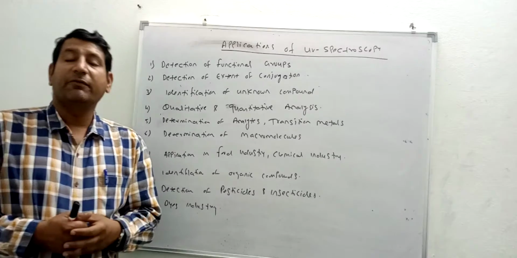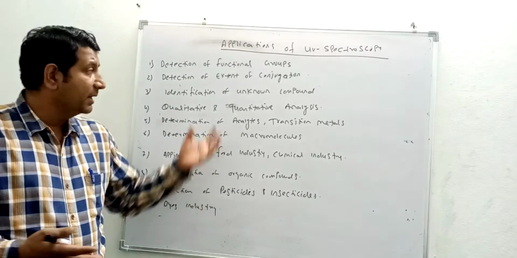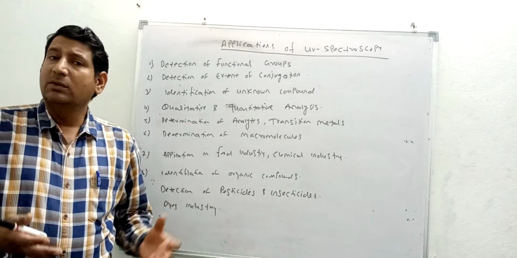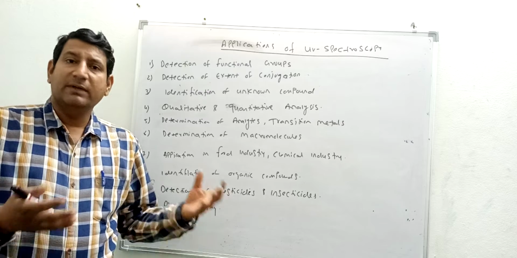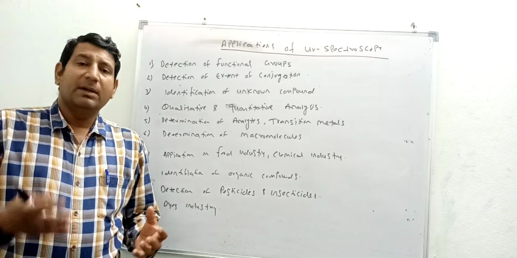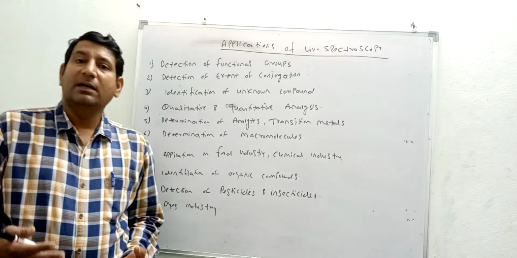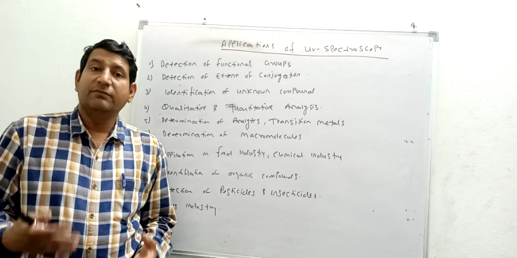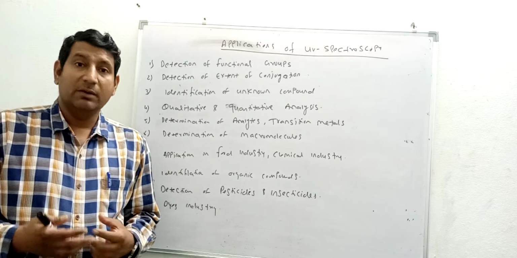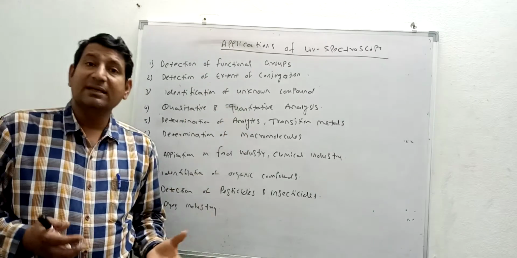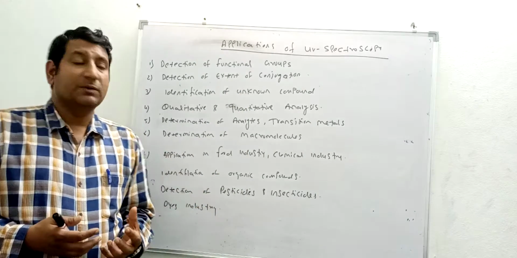Another application is identification of unknown compounds. In any analytical lab, this application is widely used. We can determine the unknown sample by simply dissolving it in a suitable solvent and identifying the lambda max of that compound. That lambda max can be compared with the standard lambda max in the official pharmacopoeia, and from that we can say which type of sample it is. We can go for qualitative as well as quantitative analysis. So in pharmaceutical industries, unknown compounds or samples can be detected by UV visible spectroscopy.